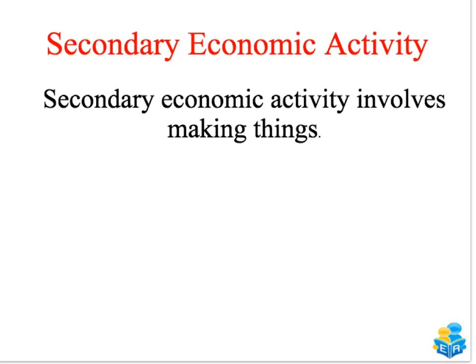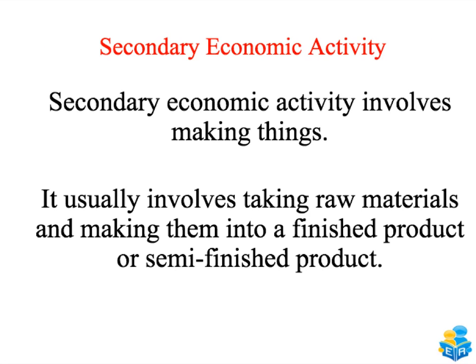So an example would be you cut down a tree, it's primary economic activities, you turn a tree into a table or a door, that's secondary economic activities, and we do this through a system. So you take the raw materials and you make them into a finished product or a semi-finished product. So all secondary economic activities are made up of a system, and a system is made up of inputs,